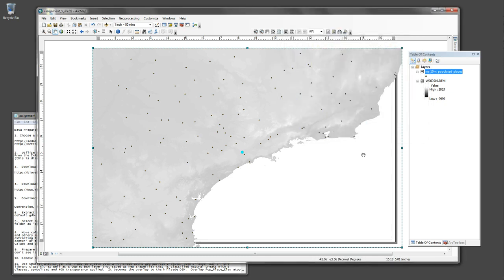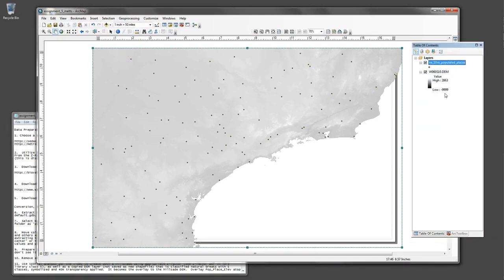Okay. I'm ready to go ahead and start working. Importantly, I need to take off that selection. Select and clear the selected feature. Alright, what we want to do now is we have all these values within this particular file, within this DEM. So if I click off populated places and I take my little information tool, I'm going to get back into data view,